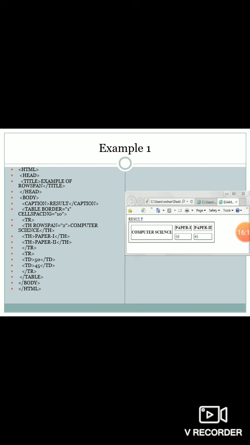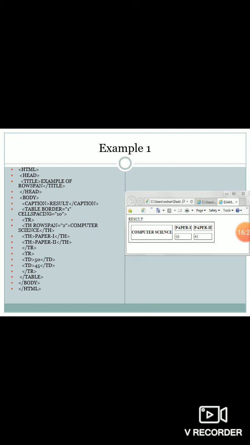That's why in my code there is caption result and the closing caption tag. With the caption tag, if I am not putting any alignment, by default that caption will print at the top of my particular table.